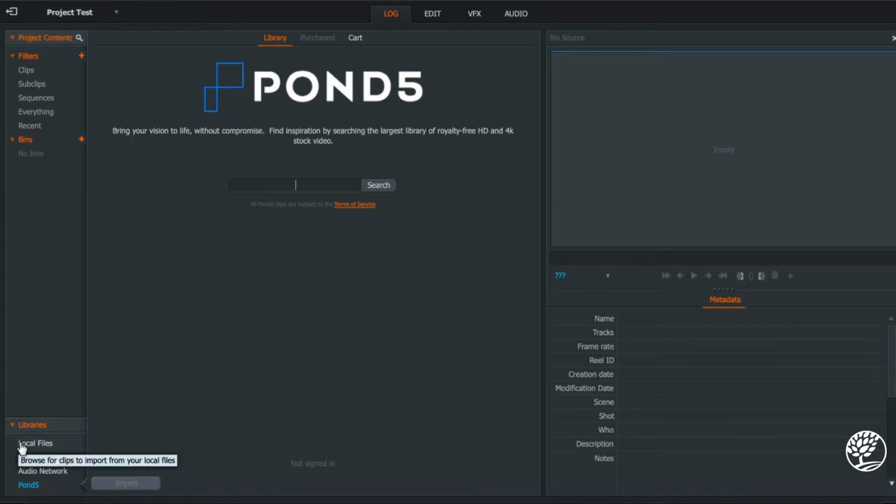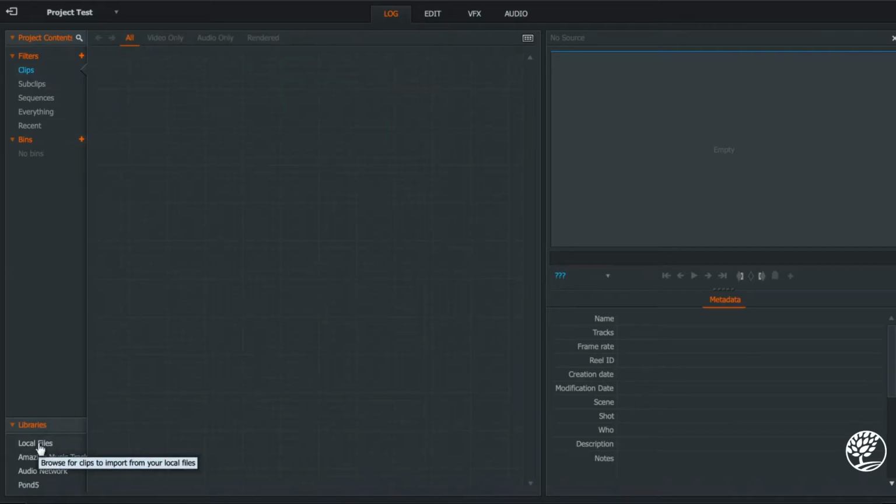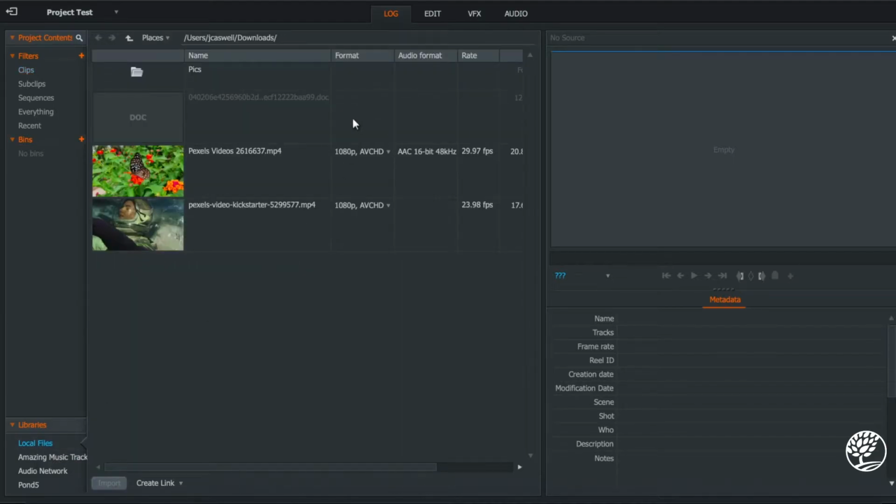Do know that not everything on these sources is free, but there are a good number. And if you would like to pay for something, you can license it in your project and use it however you want. So I'm going to click on clips, and I'm going to go ahead and pull in a video file to get started. So these video files I've actually downloaded from another free resource called Pexels,